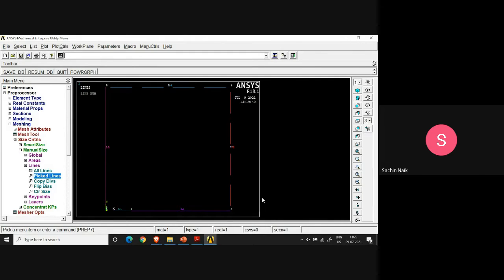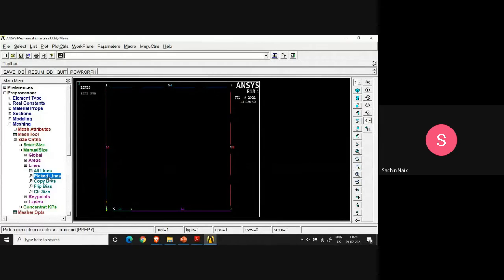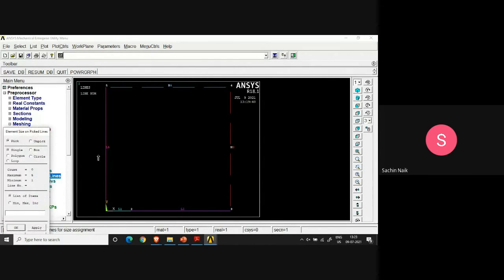After you have done that, you can now go to choosing some other line. I am going to now pick the next line. You see, I am going to pick now line number 5.